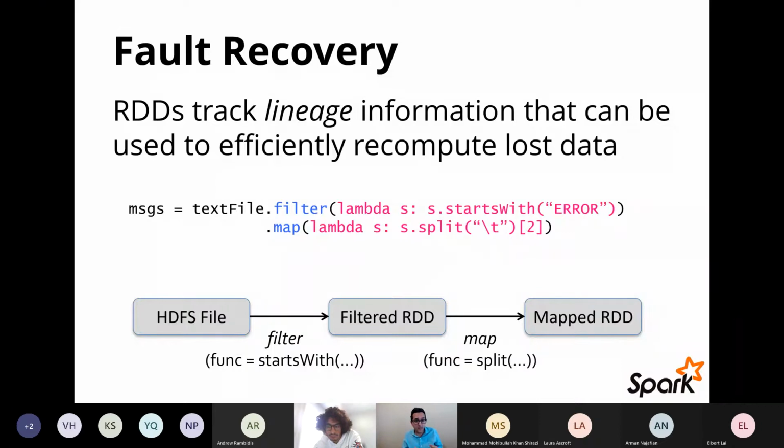It doesn't keep another copy, which means that if one of the machines dies, all of the partitions on that machine are lost. There's no copy of it anywhere. So it is really lost. But how can Spark recover from such a failure? By keeping track of how these RDDs are created, or technically keeping track of lineage information. What does that mean? It means that,